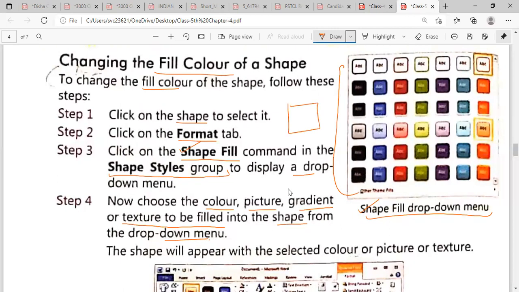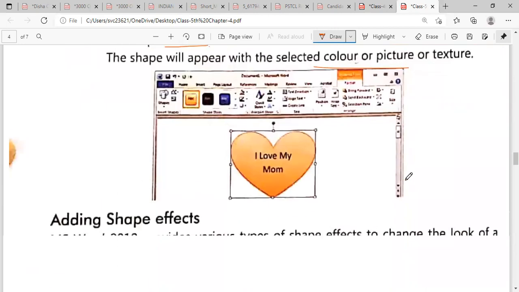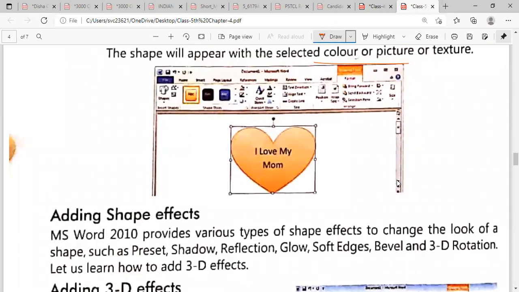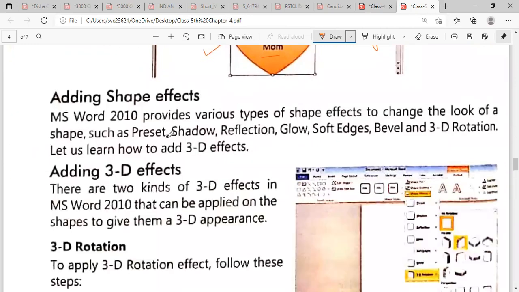Suppose here is a rectangle and you click on this red color and then red color will fill here. Okay, the shape will appear with the selected color. Okay, now here we have chosen a heart shape, and we have also written a text here, and when you will click on this color orange, then orange color will fill here. Okay, inside the heart.